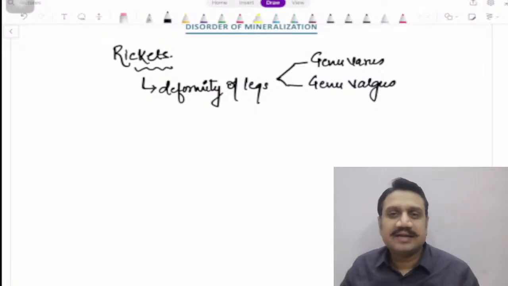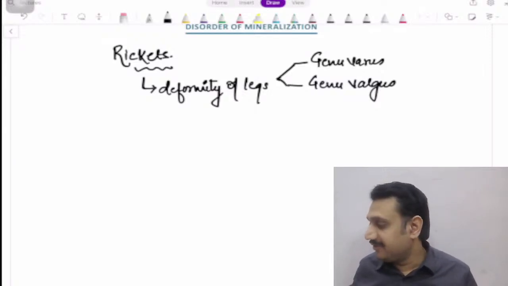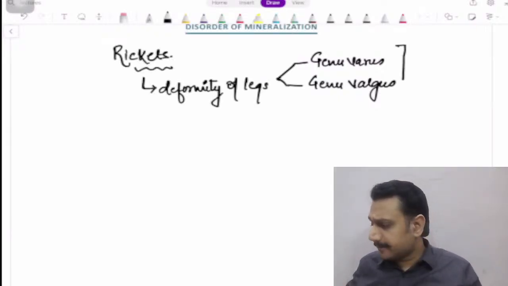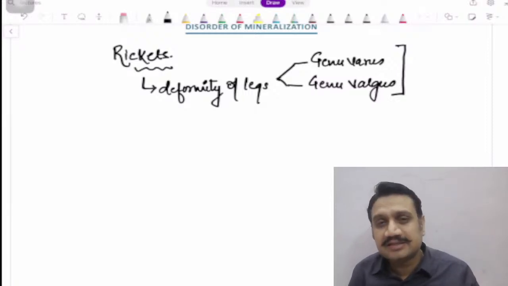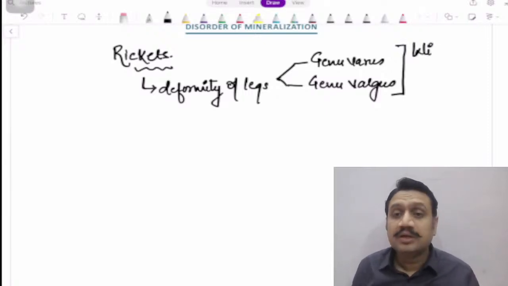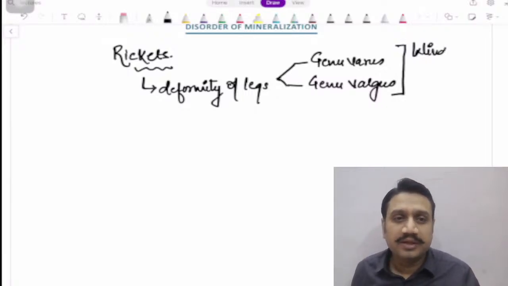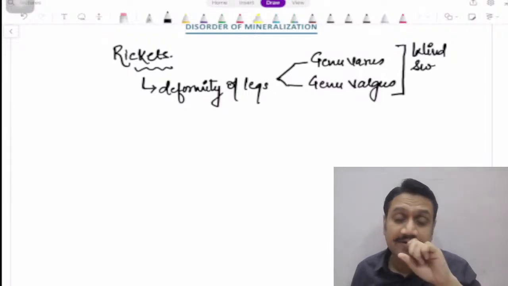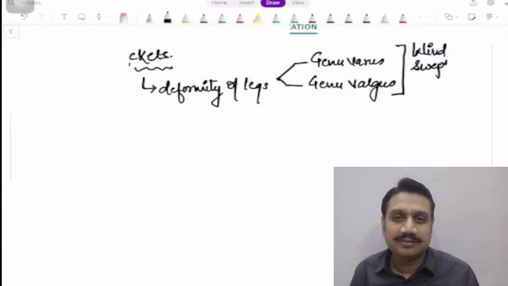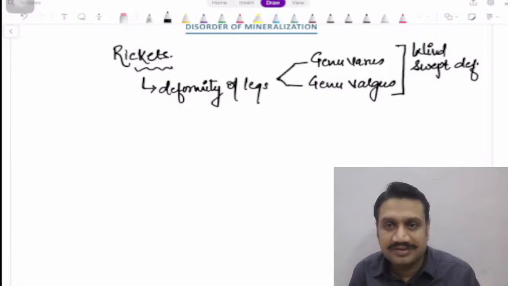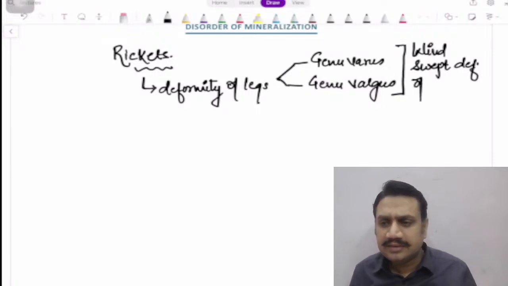So rickets can happen because of all three reasons. It can be a deficiency of calcium or phosphorus or vitamin D. Remember this, that most often this kind of windswept deformity we are talking about usually happens with the hypophosphatemic kind of rickets, right? When there is trouble with phosphorus, and that is usually related to what? That is usually related to renal osteodystrophies. Okay, so windswept deformities,